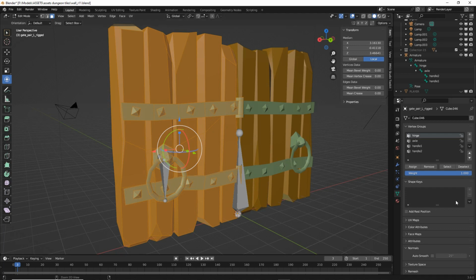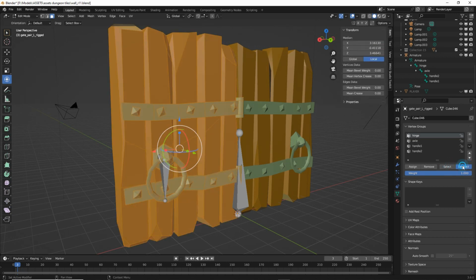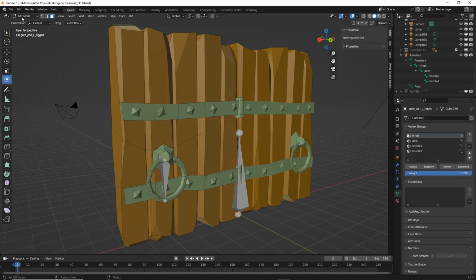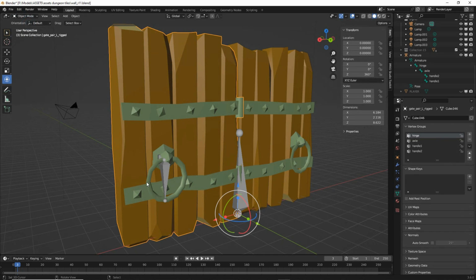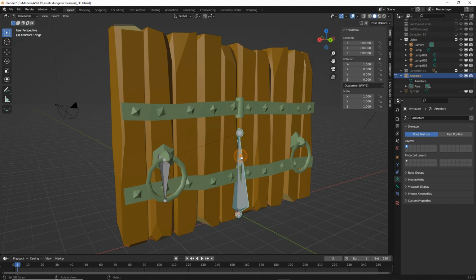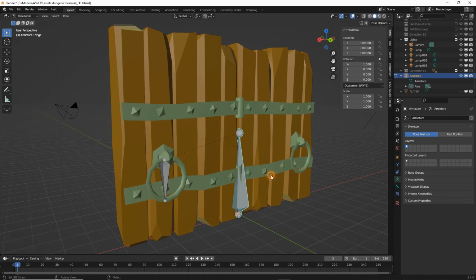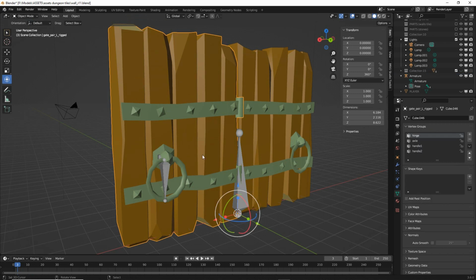So we can test this using select and deselect. And that's what we want to see. So if we drop out of edit mode, select the armature, switch into pose mode, select root, press the R key, and nothing happens. It hasn't controlled the mesh, because what we need to do, select the mesh,